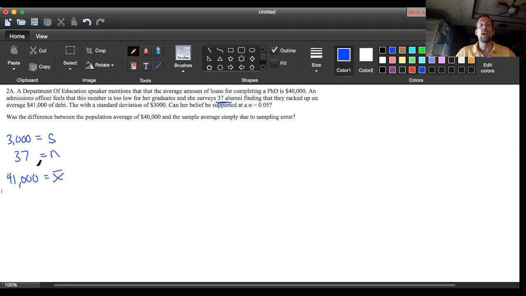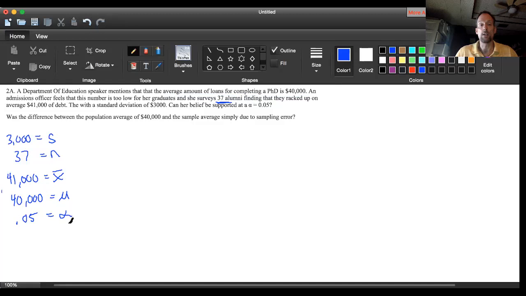All right, and there's only one other average given in the question. At the top, they tell me the average amount of loans for completing a PhD program is $40,000. Since we've already used up our X bar, it must be the case that that 40,000 is our population average. I'm going to put in $40,000 equals my mu. And the only other number they mentioned was 0.05, and in the same sentence, that's defined for me as alpha. So I'm going to say 0.05